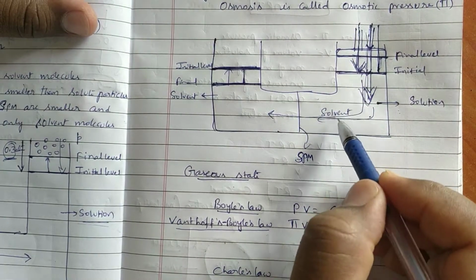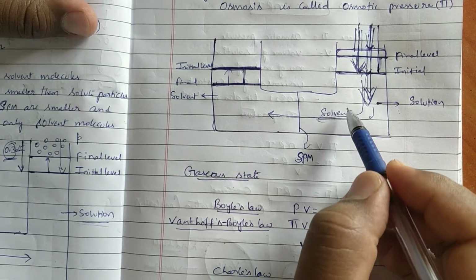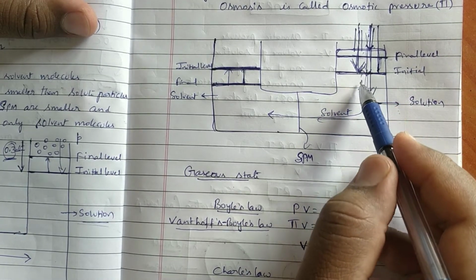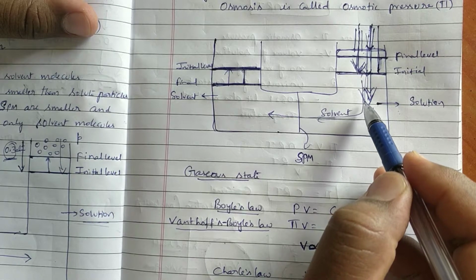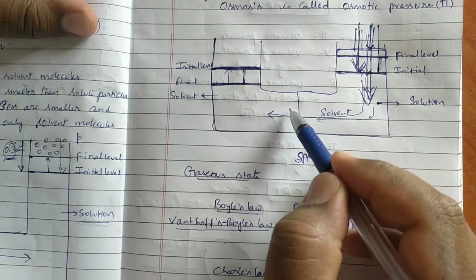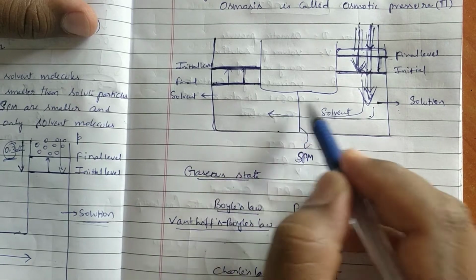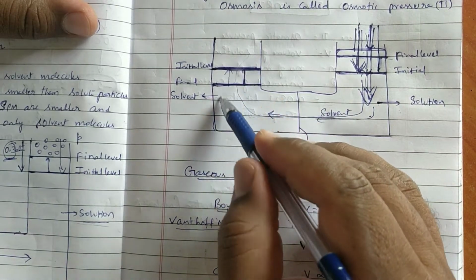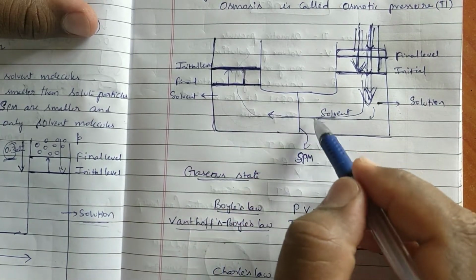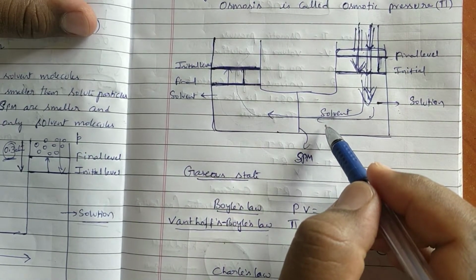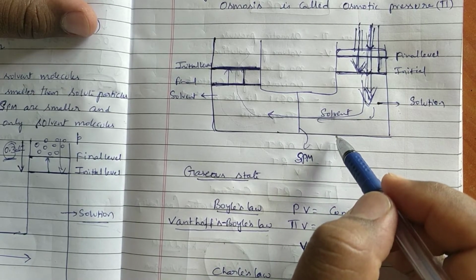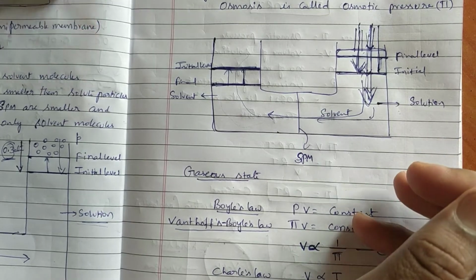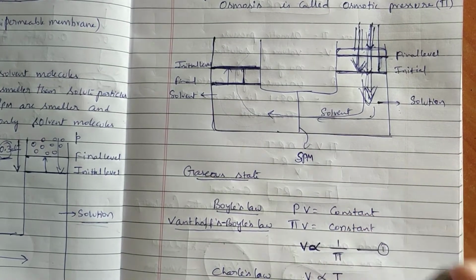See, here impurities are present. Solution is nothing but water mixed with solute. Impurities are present. Continuously pressure is applied, so only solvent molecules can move through the semi-permeable membrane. Keep on increasing the pressure, solvent molecules will move towards pure solvent, and only solute particles are going to remain. Those remain as impurities. That method of purification is called the RO method. Nowadays we are seeing that. That is only reverse osmosis.